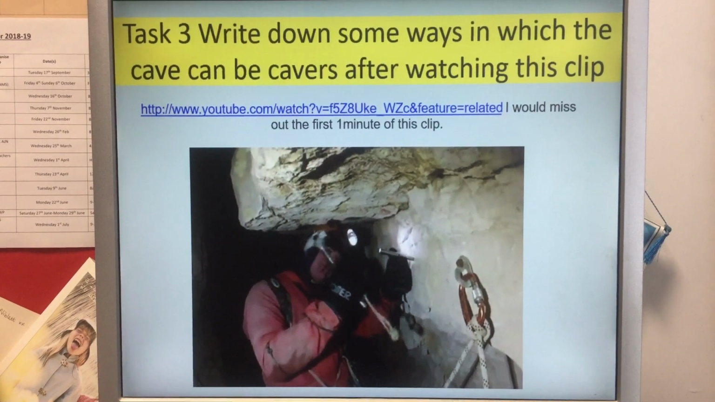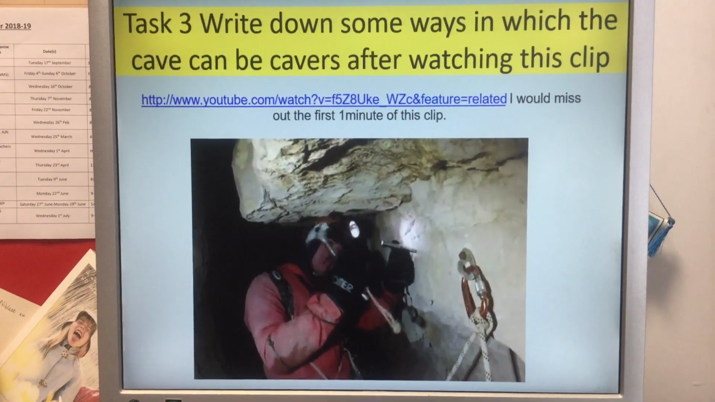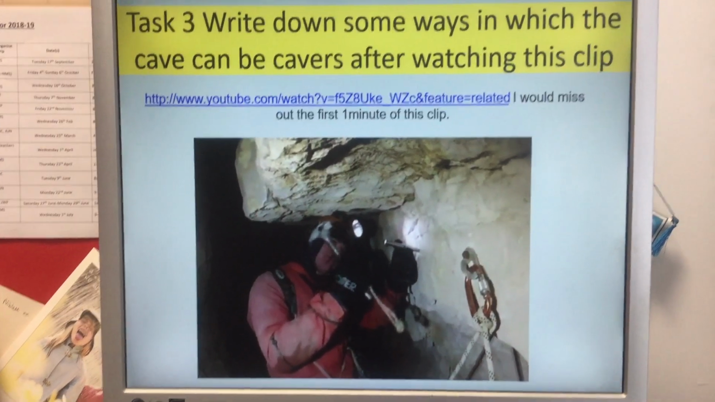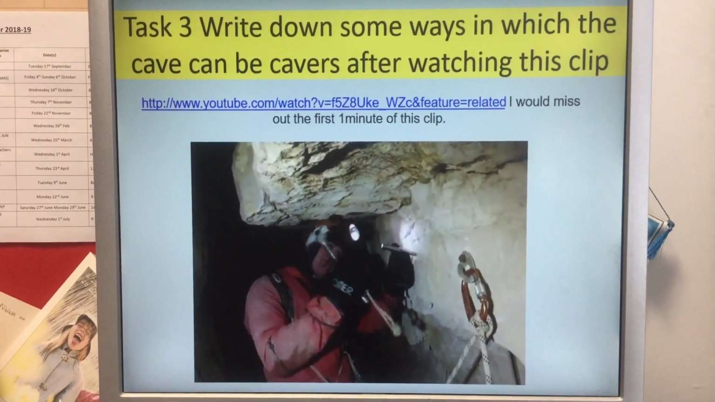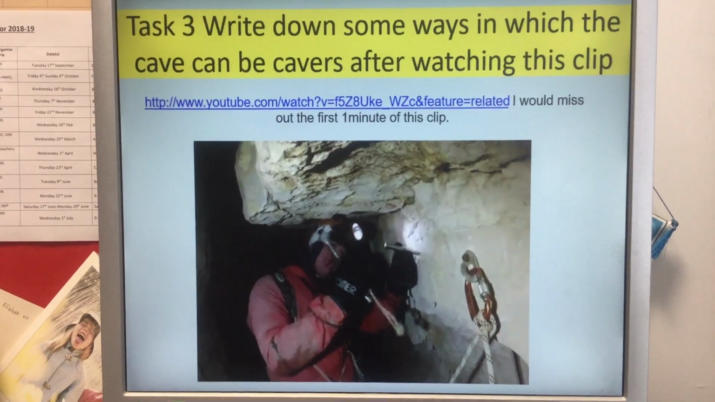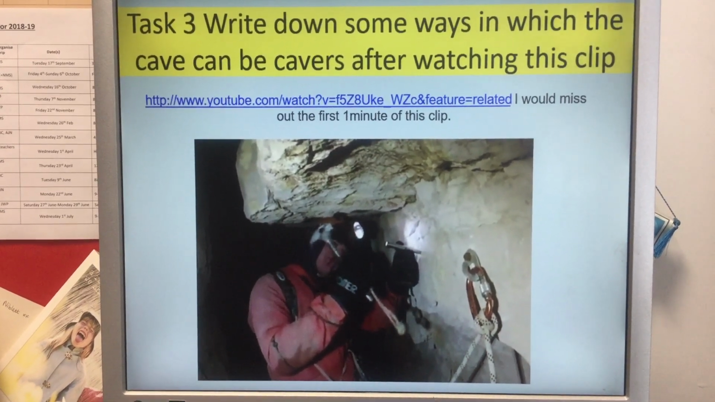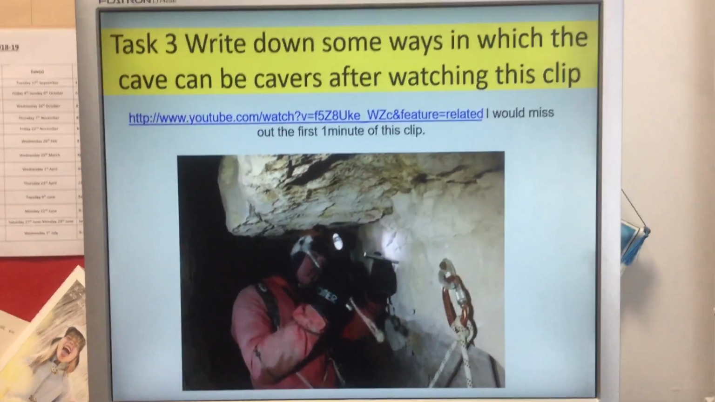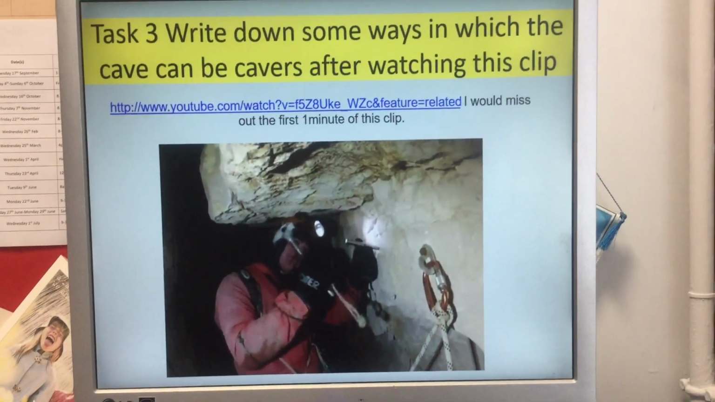Again, you might need to pause this video. On this YouTube clip, just skip through the first minute. It's just rock music and some people getting to a cave. But if you go to about 1:30, then they're actually in the cave, and you start to see some of the things that they're doing in the cave. So if you watch that clip,